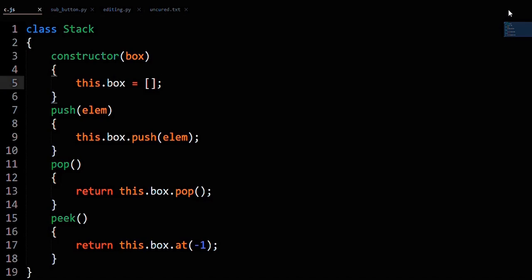Composition is nice because you can easily add functionality using existing classes you have around without having to define the